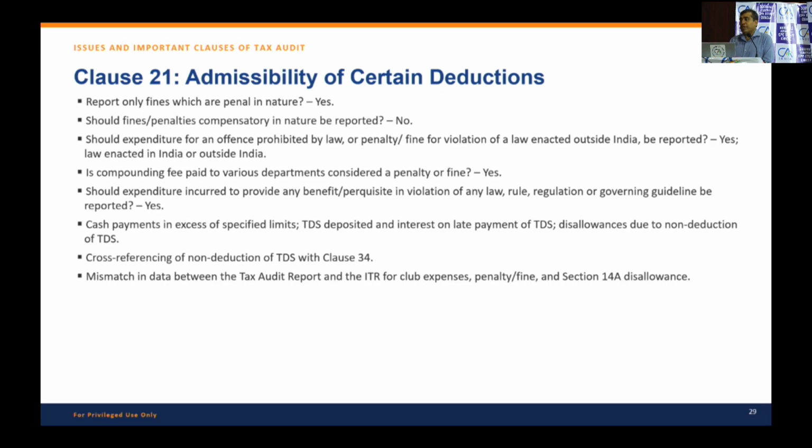Because you are not claiming that as an expenditure. Clause 34, yes, but not here. See what happens is,